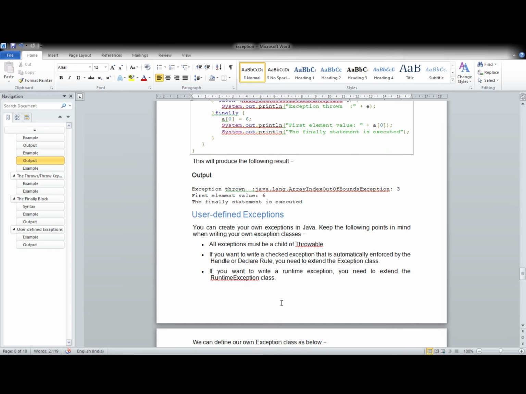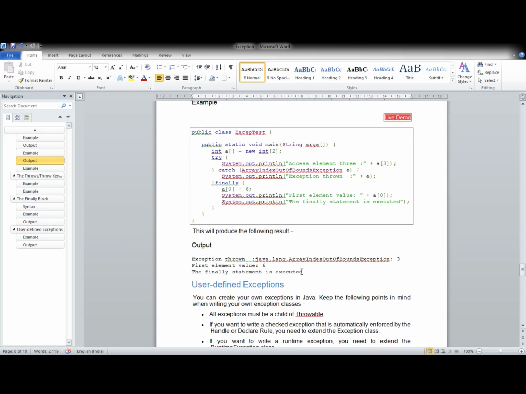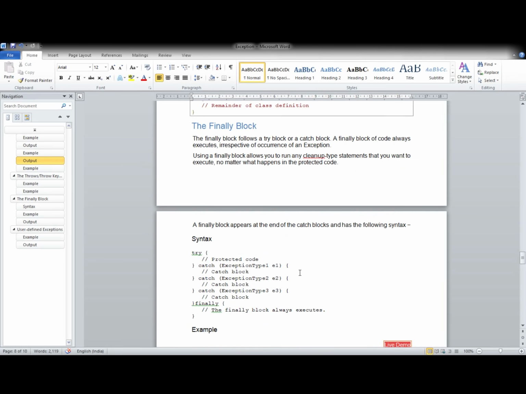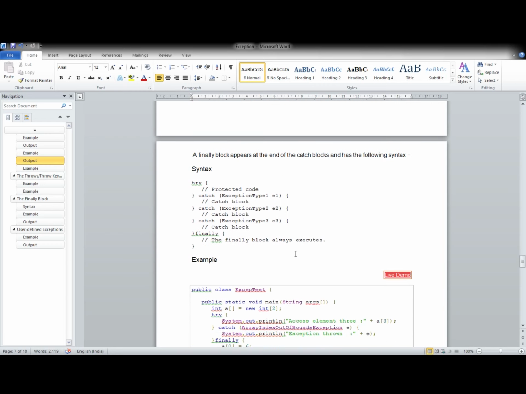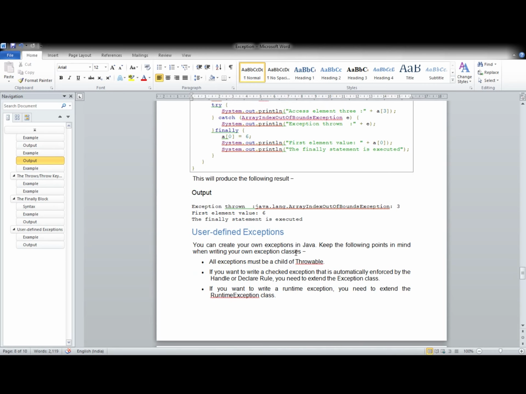Next, we can have user defined exceptions. We saw that using throw you can throw an exception, and an example we saw already in the bank deposit case, where they are throwing remote exception and insufficient funds exception. Those exceptions are associated with the banking system, so that means it is a user defined exception.